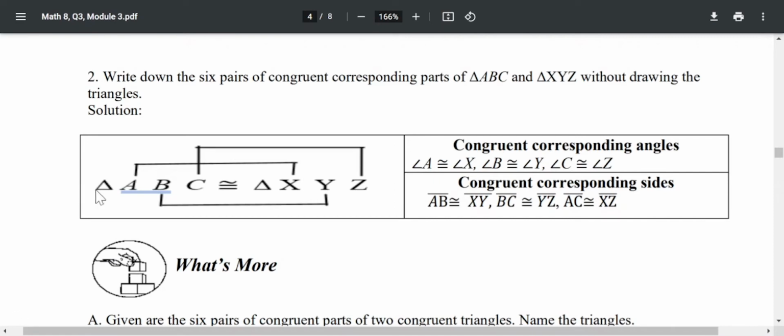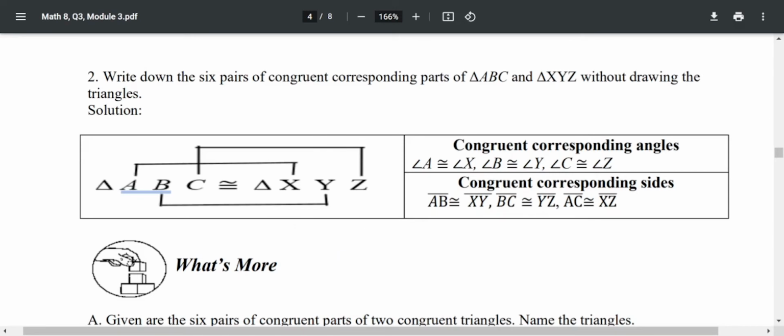So we have triangle ABC and then triangle XYZ. So kaning tulo ka letters, these are the vertex, 'di ba? So which means ang A is congruent to X kay sila man ang nag-una. Then ang B is congruent to Y kay sila man ang ikaduha. And ang C is congruent to Z. So this means that vertex A is congruent to vertex X, and then vertex B is congruent to vertex Y, and vertex C is congruent to vertex Z, which also means that